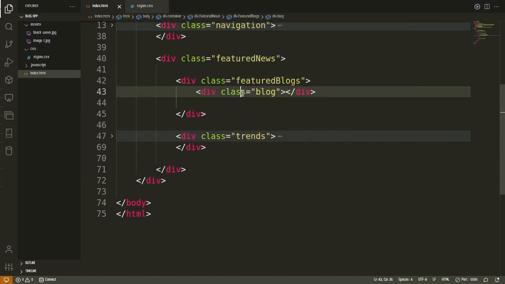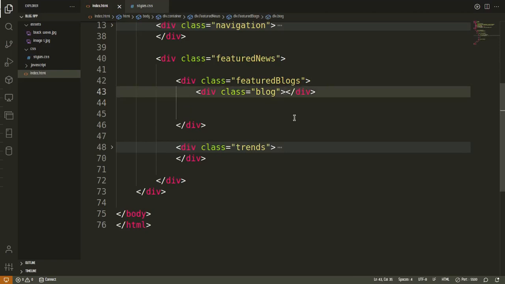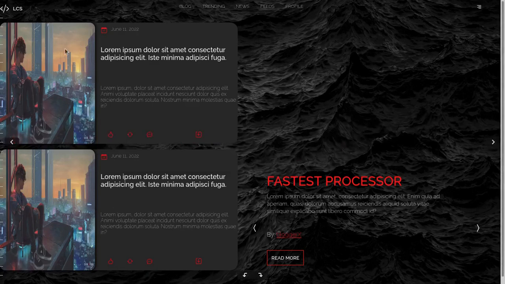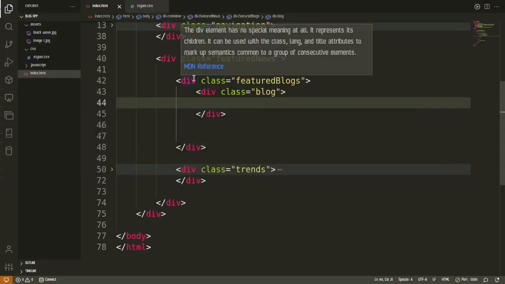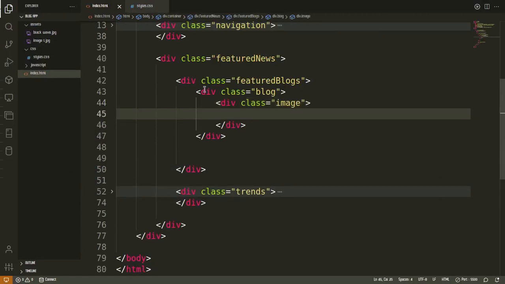And I'm going to copy that and make them 2, right? So 2 dot blocks. Let me just do one first and let's see how it turns out. So with the dot blocks, we see that we have an image and this text, right? So I'm going to separate these two, the image and the text, or the description. Within the dot block, I'm going to have an image, and I'm going to have a description,